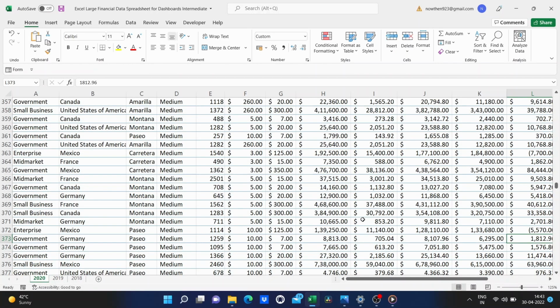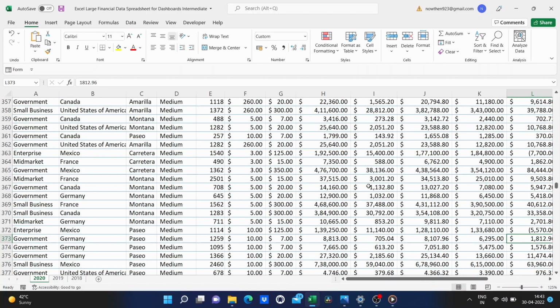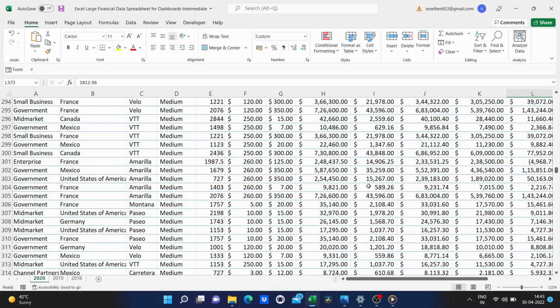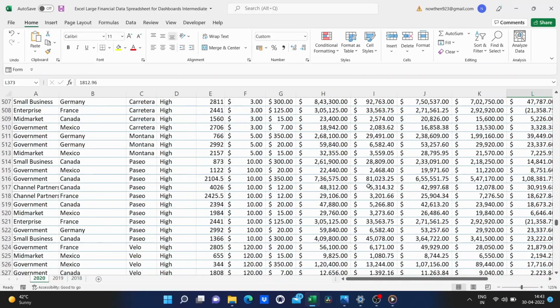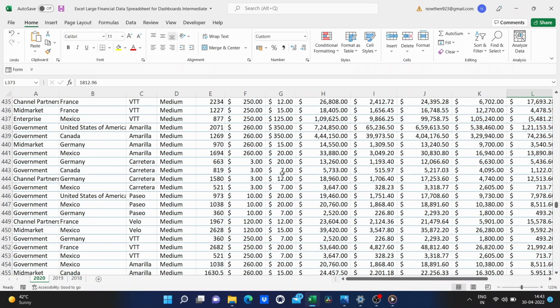So here, I have a complicated, large financial data spreadsheet. There are hundreds and hundreds of rows of data, hundreds of records, and just lots and lots of information here. Also, notice that past years are listed to the right. So, we have 2018, 2019, and 2020.